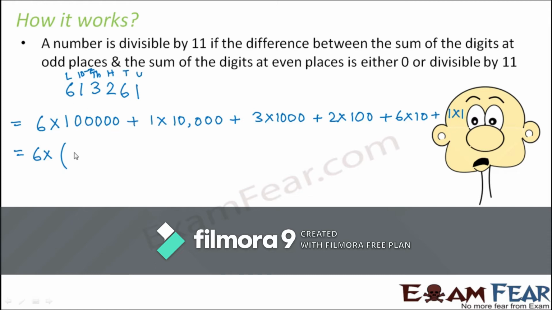So now this 1 lakh can be written as 1 lakh 1 minus 1. So we can very well write it like this. Now what about 10,000? If you want, you can write it as 10,001 minus 1. But 10,001 is not divisible by 11. By actual division you can check that. So since 10,001 is not divisible by 11, we prefer it to be written as 9999 plus 1, because 9999 is divisible by 11. And here 1 lakh 1 is divisible by 11. So that is why we have chosen these numbers.